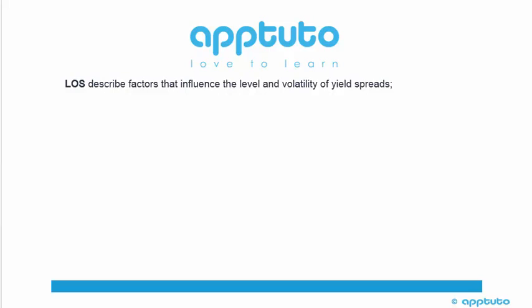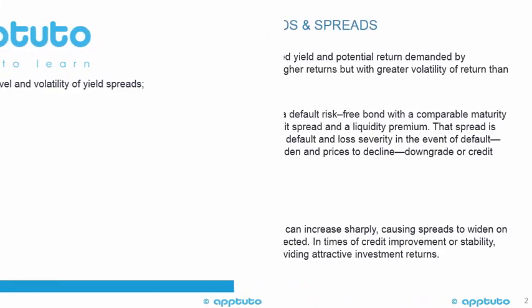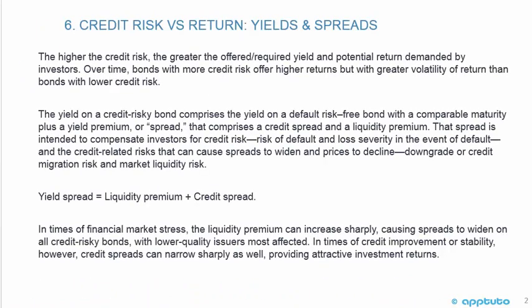This LOS describes factors that influence the level and volatility of yield spreads. Credit risk versus return, yields and spreads. The higher the credit risk, the greater the offered required yield and potential return demanded by investors. Over time, bonds with more credit risk offer higher returns, but with greater volatility of return than bonds with lower